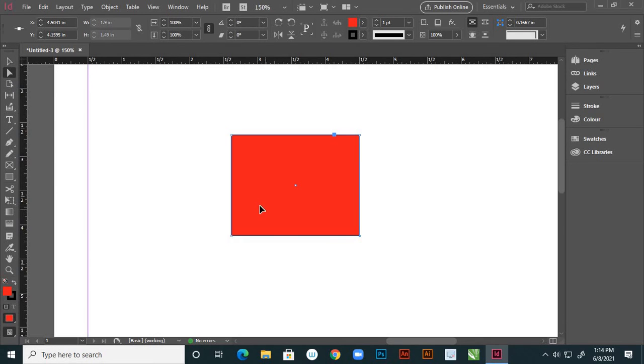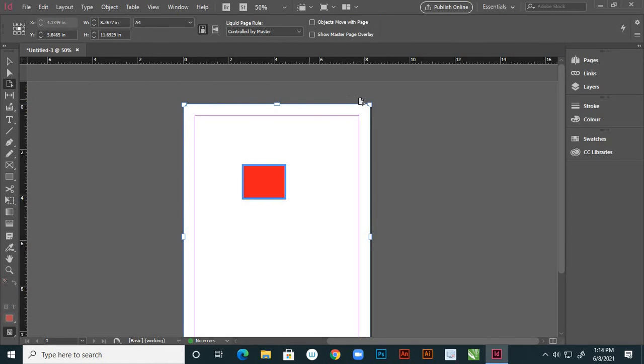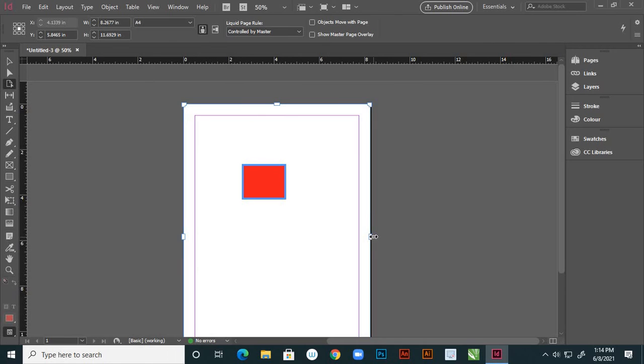The page tool: see, click on this page tool, your page is selected, and suppose you just drag this to decrease the size. But see, it is not fixing that area.